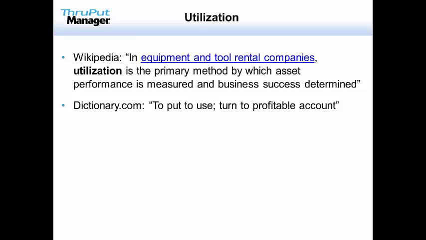Okay, so utilization, to use something, we know that, just intuitively we know that, but this comment about measuring performance and business success got me thinking, gee, this might explain a lot why within the data center, within businesses, we have kind of this ongoing battle, if you will, between what I might call the finance and the techies, money versus performance. Because if you're thinking about utilization as a primary measurement of business success, then you might consider